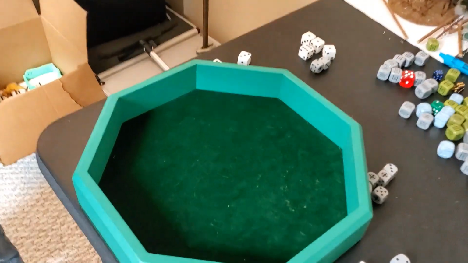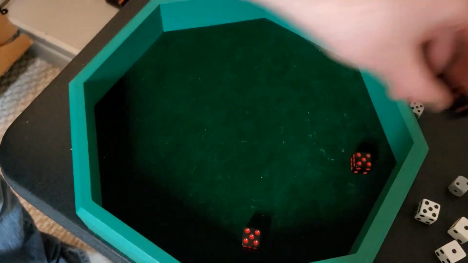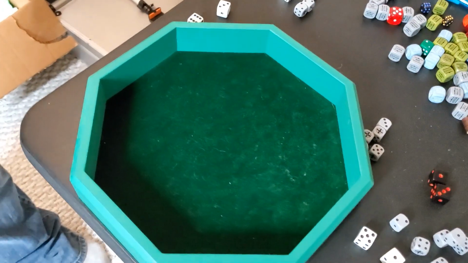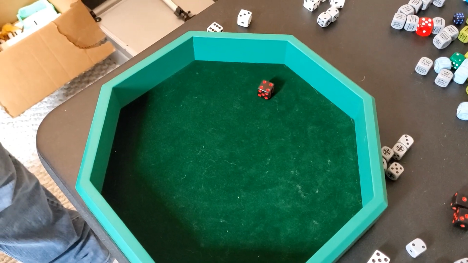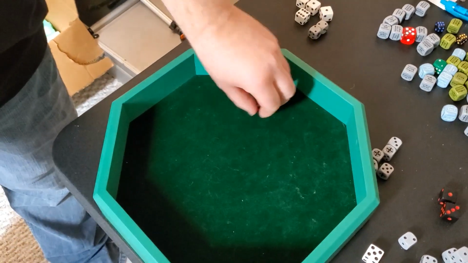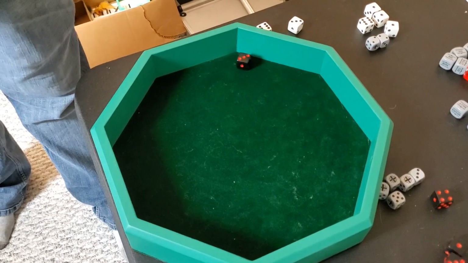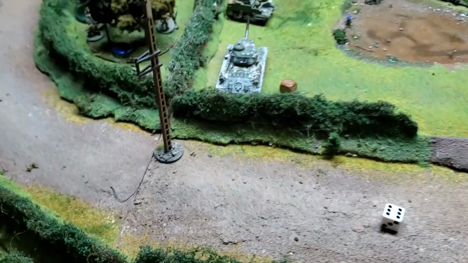Colin needing 4s to hit the unmoved vehicle. That is 2 hits. Now roll a d6. 4 plus 2 is 6. It does not equal the armor. Does not destroy the vehicle. Roll d6 to see how far away you move. 3 inches. He's moved his tank from the middle of the road, passing his orders test, drove it through the